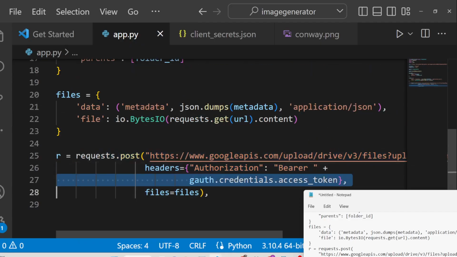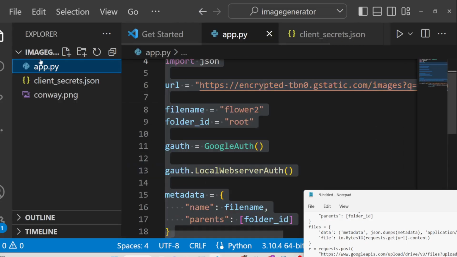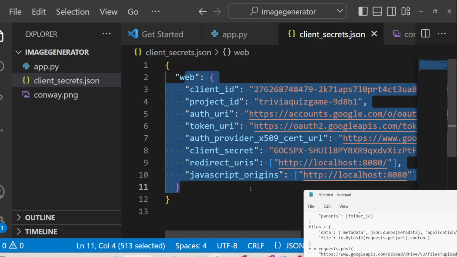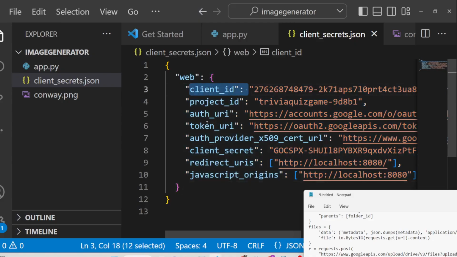We are passing the access token here itself. You just need to construct this file here, client_secrets.json, which contains the information about your project, including client ID, secret, token URI, redirect URI. I explained all this